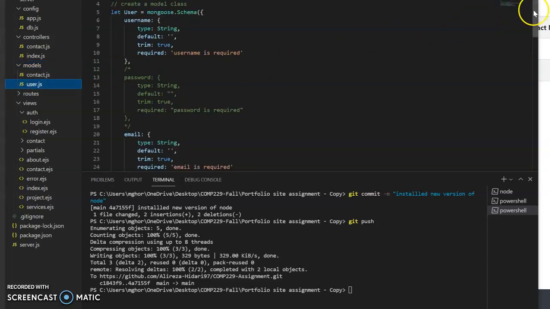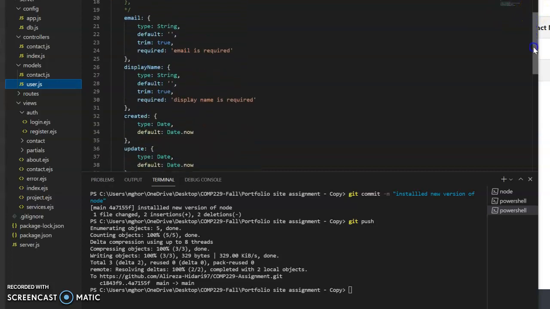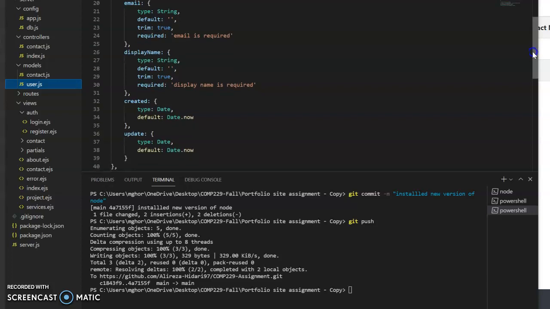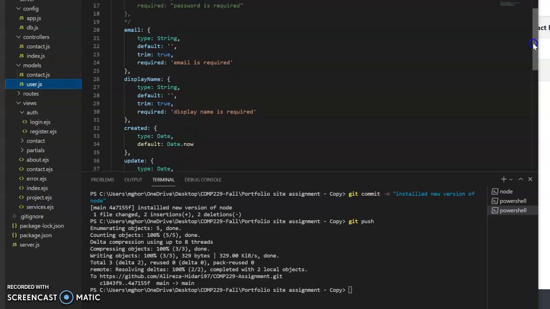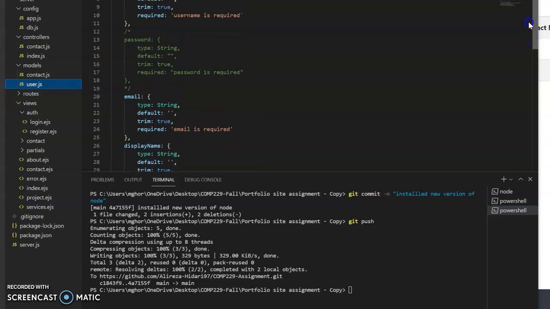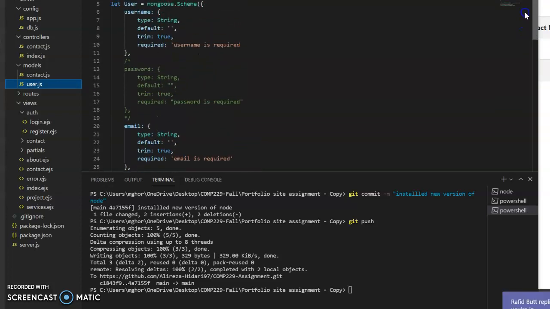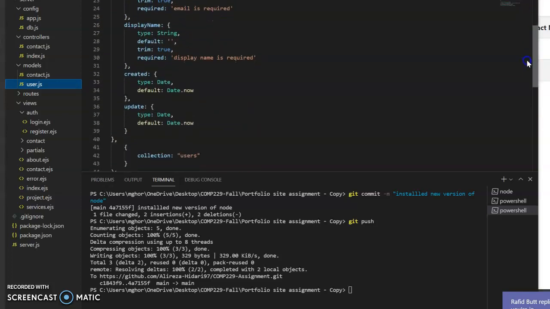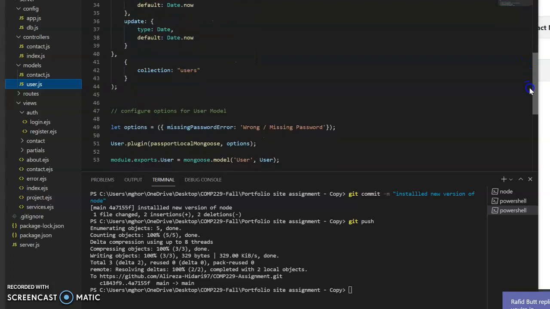I have already defined the user with these elements. So this is for authentication. As you can see, we have the user, username and email, and also